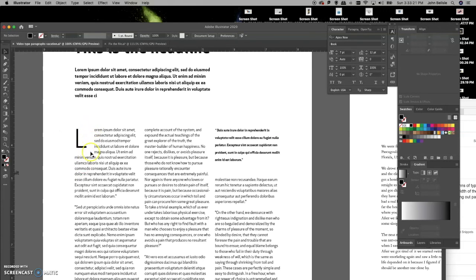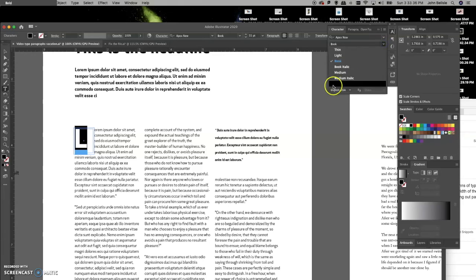So now we have some white space in here. We have knocked out a line here. So that's not a bad drop cap at all. The other thing is I don't necessarily have to use the same weight of type. So I might actually go up and make that bold to get